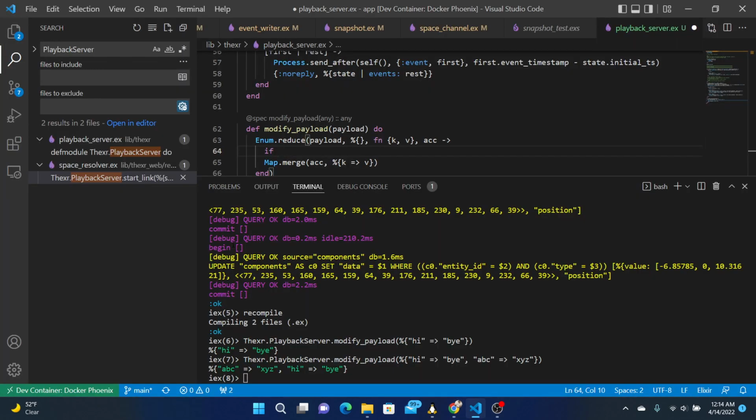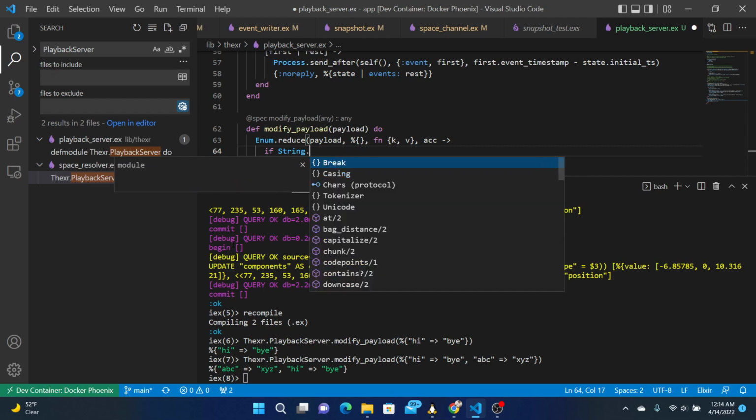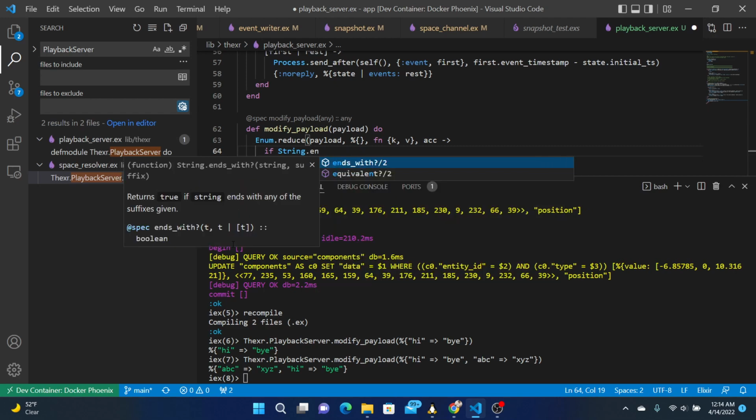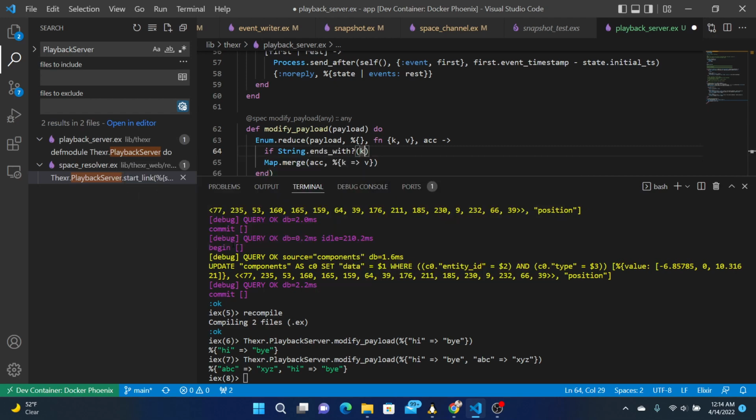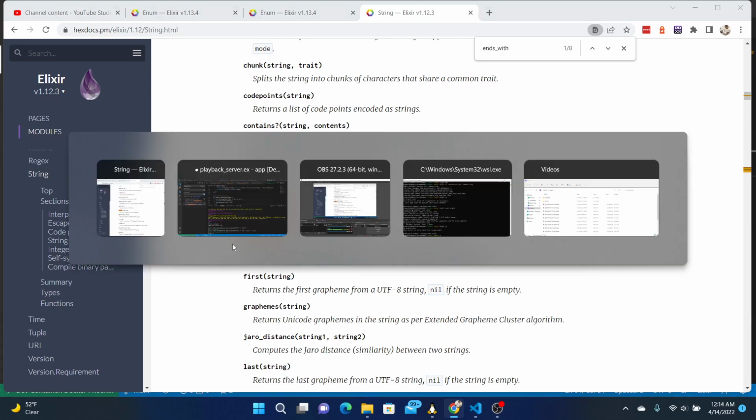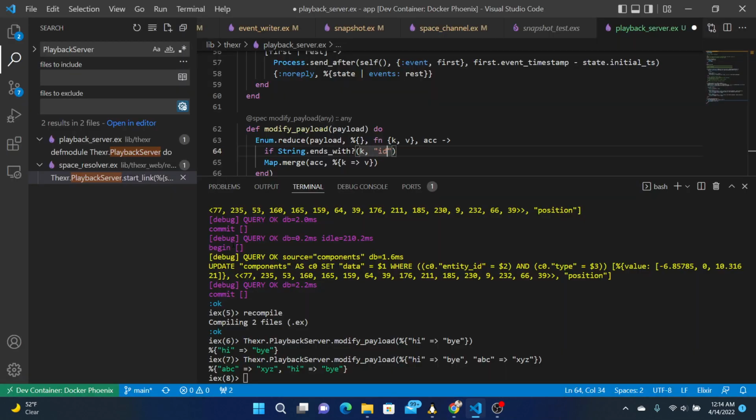If string ends with the string and the value, the suffix, so if it ends in ID,